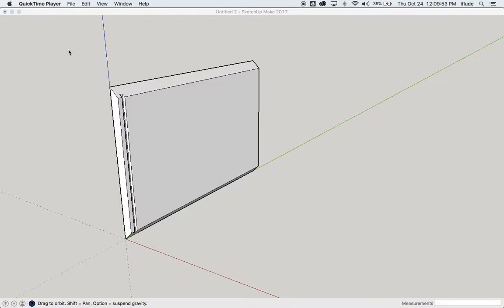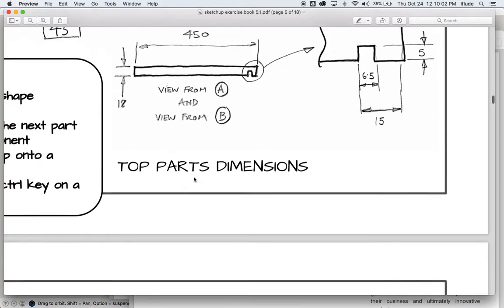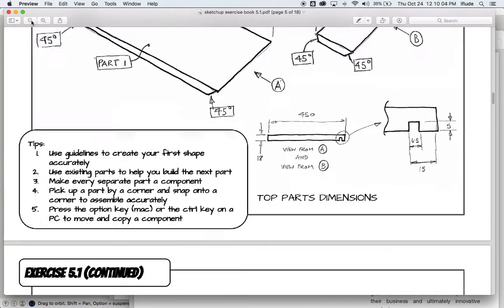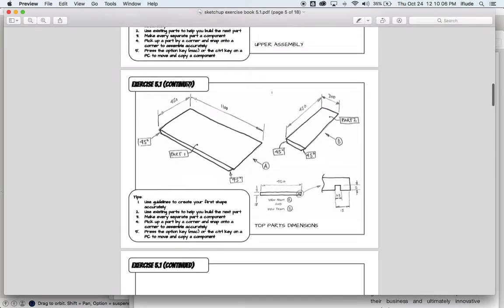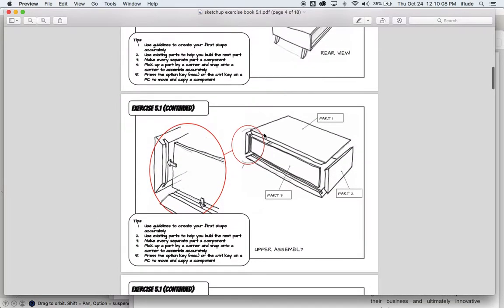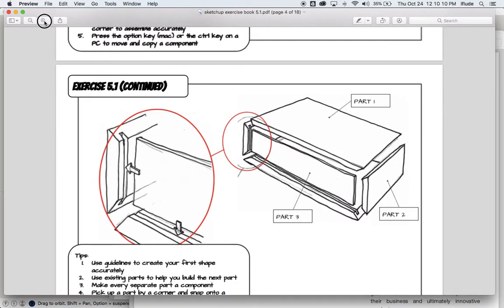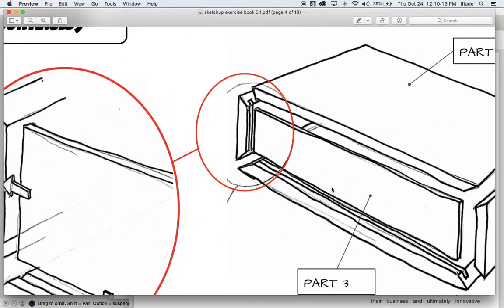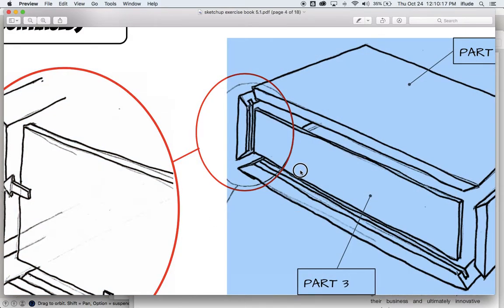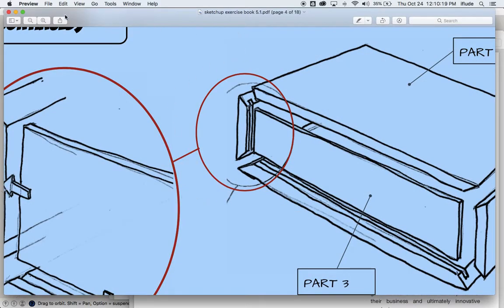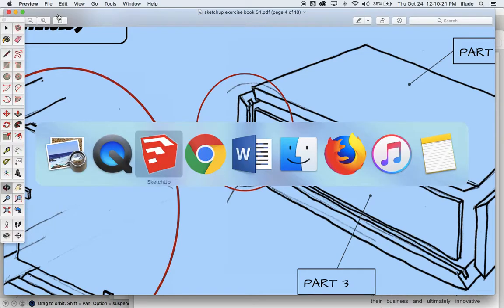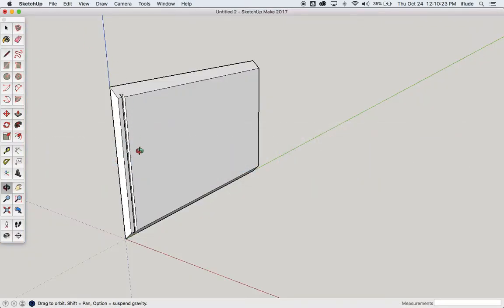So in the previous video we looked at making this slot. Now if you look at the drawing, let's just zoom out a little bit. If you look at the drawing, you'll see that if we look at this one, the slot goes all the way around the edge, around all those pieces. So that means it's going to be really useful to us, rather than making 4 pieces and making